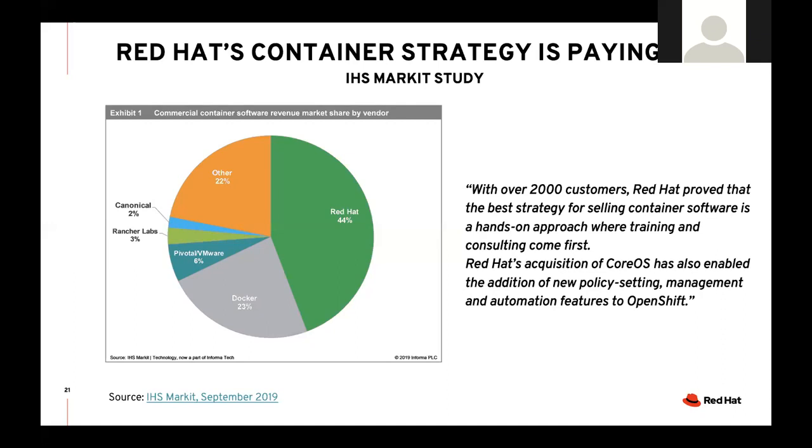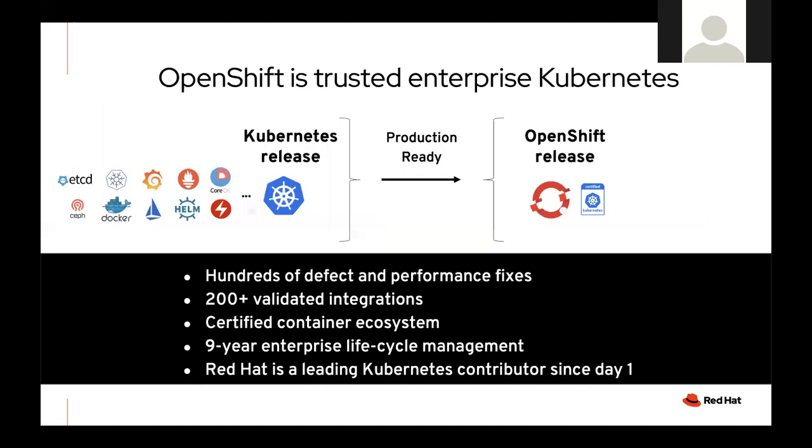So again, with over 2,000 customers, we have the most trusted, most enterprise-grade hybrid cloud platform in the industry today that is running in production in the Middle East region, across tens of customers, and among the biggest references in the airlines, in the banking and financial sector, and in the government and telco as well. So this is the Red Hat leadership in the container platform.